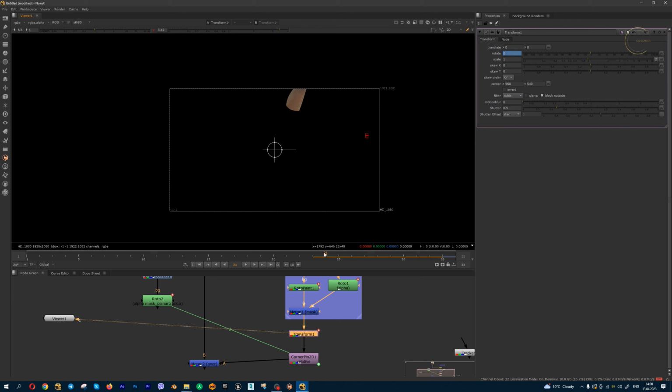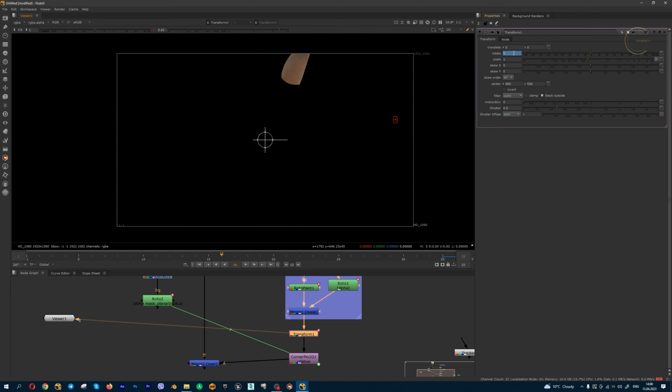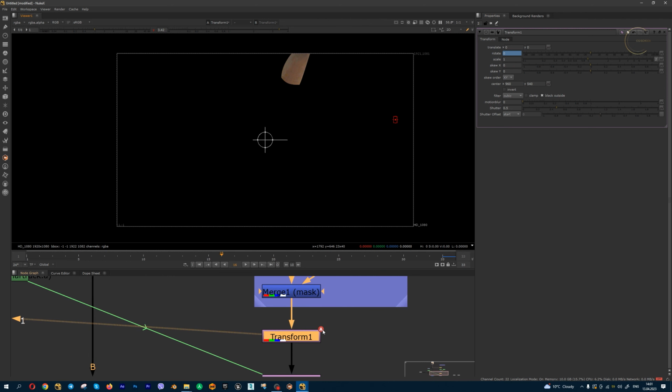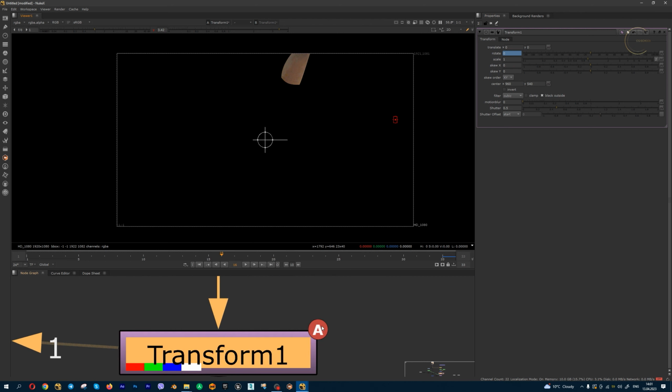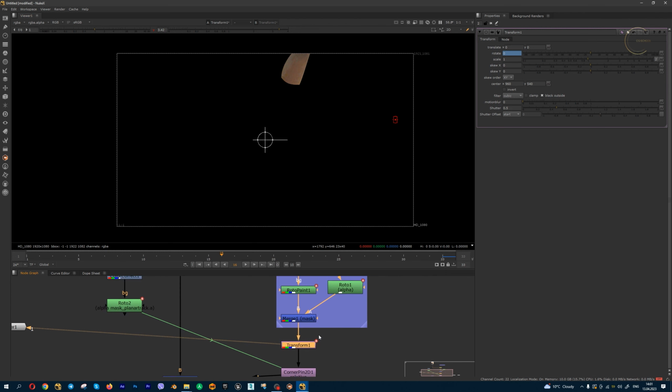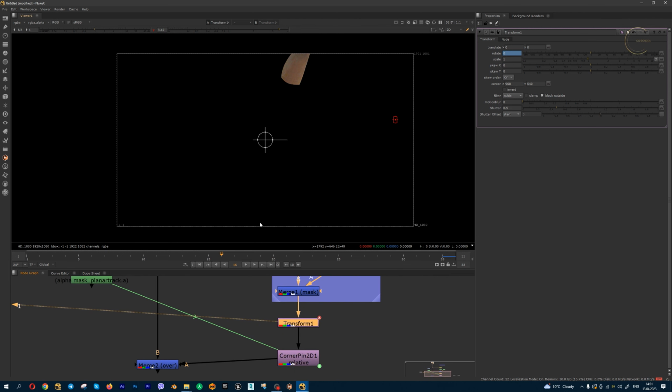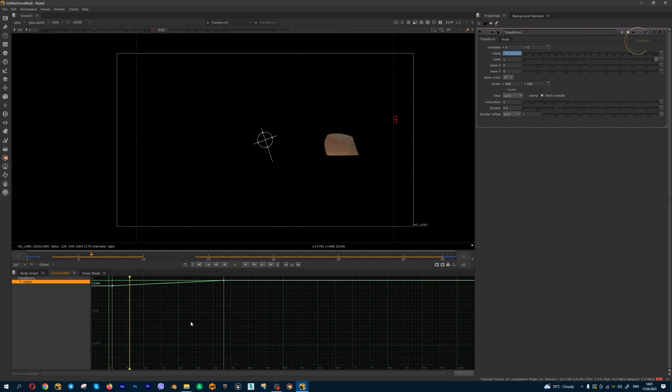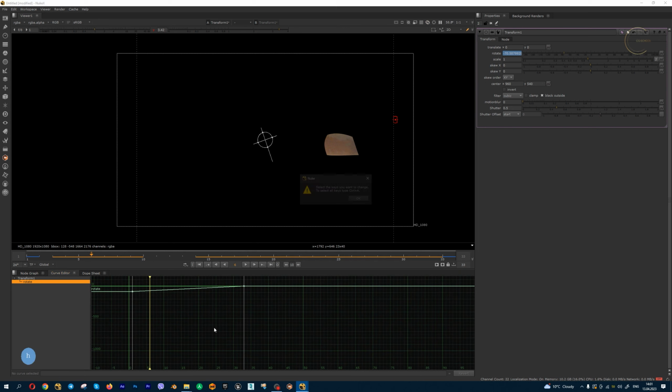If you move your scrubber, for example, in other frames, you can see this color. So this parameter is animated, and also you can see this small a letter in transform node. So this parameter is animated. And in frame number 1, I'm going to rotate maybe like this, and we get simple rotation. In curve editor, you can see this curve,